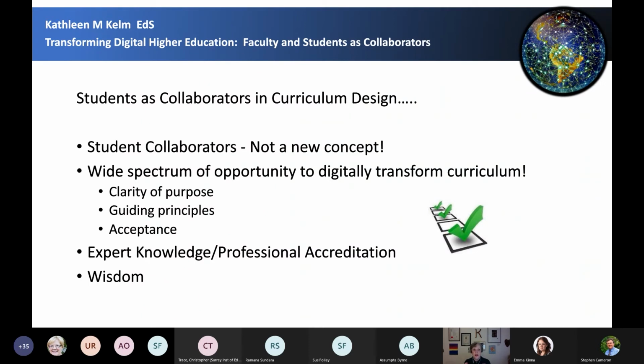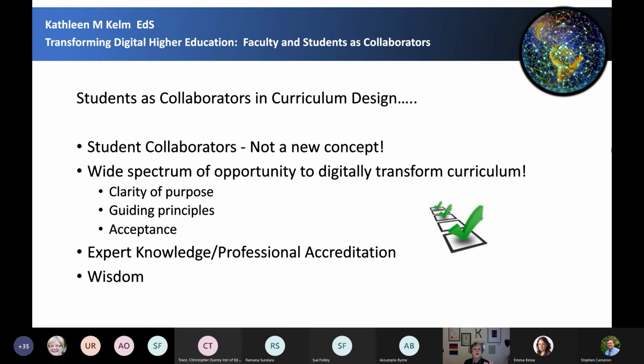So when we think about student collaborators, it's not a new concept, okay? But it does expect that students have a sense of accountability, that we recognize that students have a level of autonomy. It's a really interesting idea that if you're going to work within a constructivist mode and you're going to think about curriculum, then you really need to think about encouraging students to build up their sense of autonomy. You can't say we want you to collaborate and then turn around and not let them do it because we've taken away their autonomy. Okay.